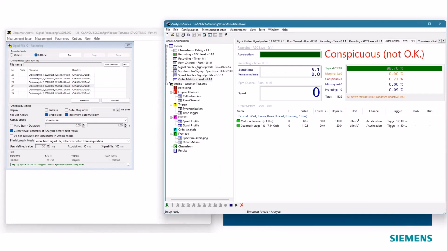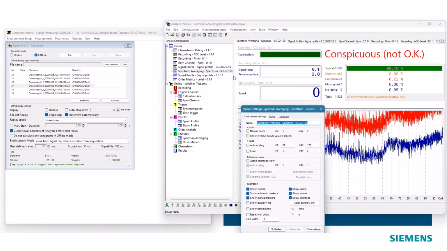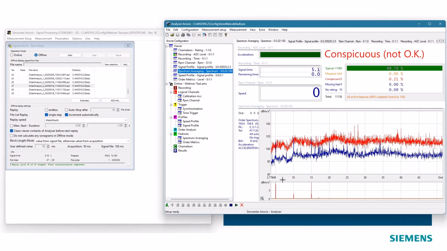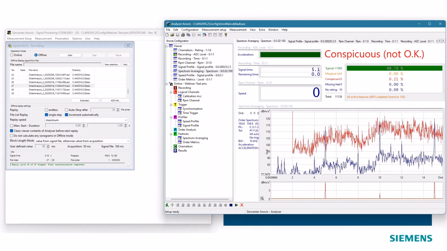Therefore, I can have a first view in the spectrum. I modify the setting of the spectrum a bit, just to 160. Then I activate a so-called tolerance view, where I can see at what points the limit curve is exceeded. You see here, by the way, I used the mouse wheel to scroll into the graph on both sides.